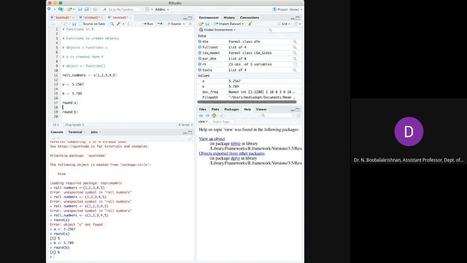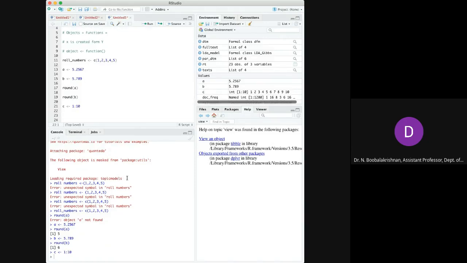We can do many operations like this. Now you are assigning an object equal to 1 to 10, that means C is integers 1, 2, 3, 4, 5, 6, up to 10.